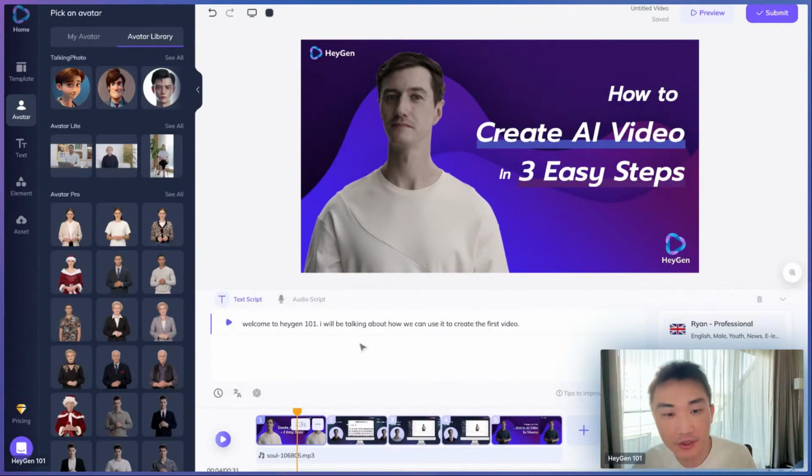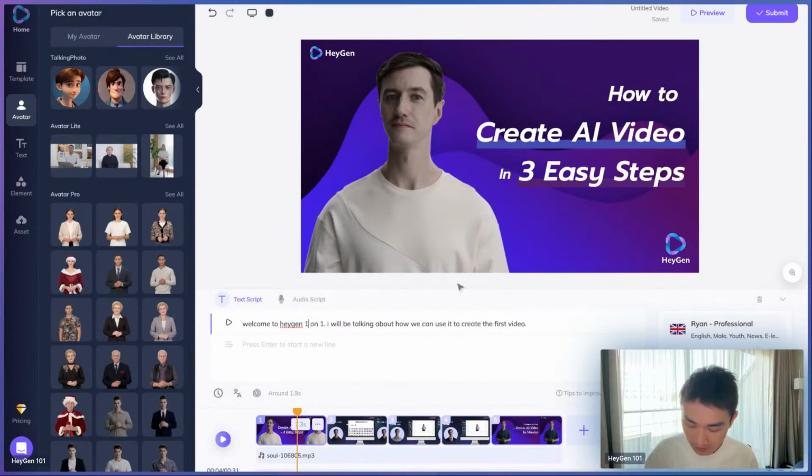Yeah, so there's a small thing that I would like to adjust, right? I don't want it to be pronounced as one hundred one. I want to pronounce it like one-oh-one, right? So in this case, a small trick is that we can just write it this way: 1 on 1, and basically that will be perfect.